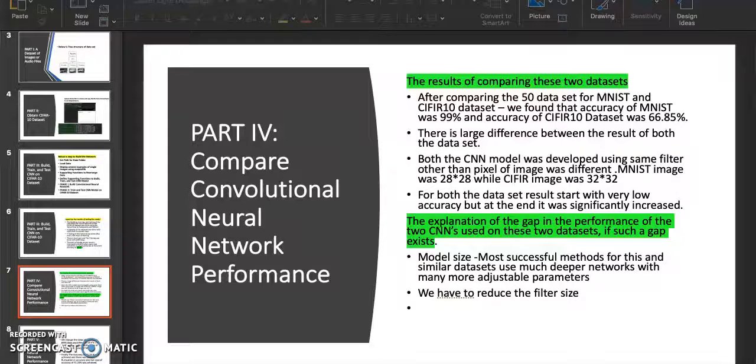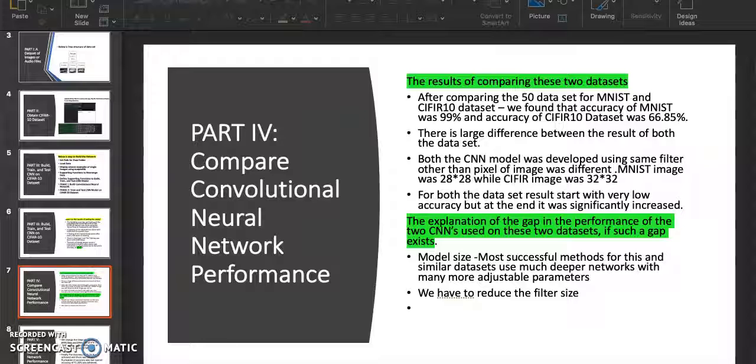Another thing we can see is that both CNN models were developed using the same filter, other than the pixel size of the image being different. MNIST images were 28 by 28 pixels while CIFAR images were 32 by 32, and both datasets start with very low accuracy, but at the end there was a significant increase.